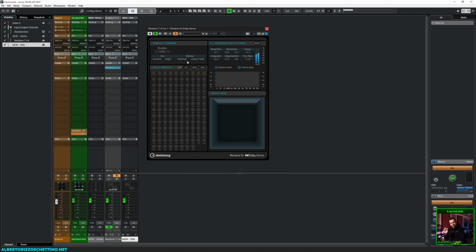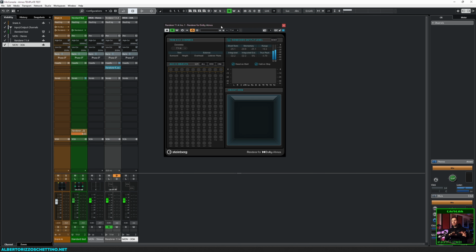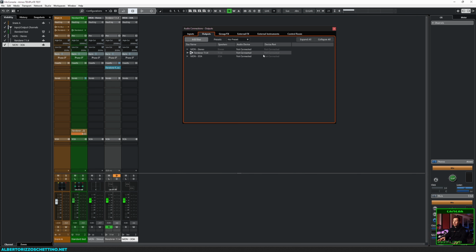However, the way I want to do it, because I don't work with Atmos, I work with Ambisonics, but I'm trying to do this with you now, is I want to keep the render for the 7.1.4, but I also want to have a 3OA routing that then goes to my phones. So if I make my monitor third order Ambisonics my main mix,